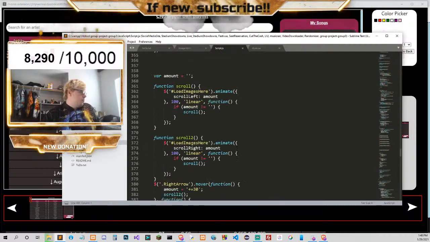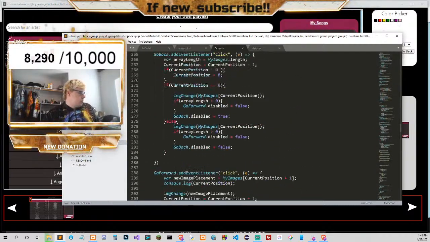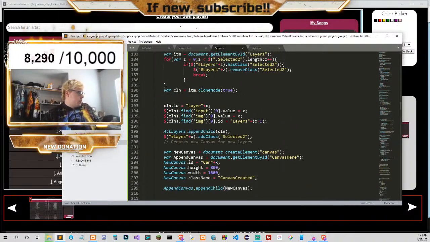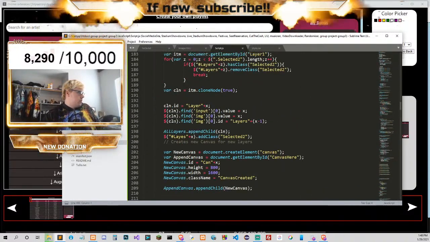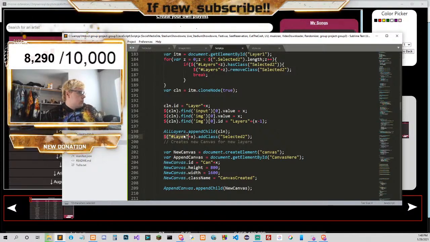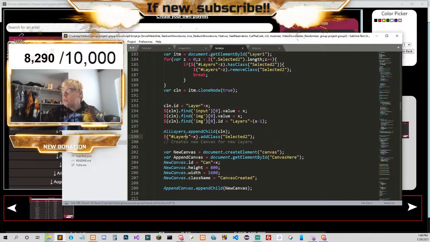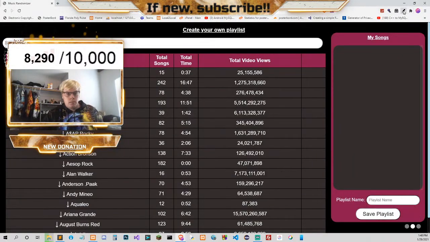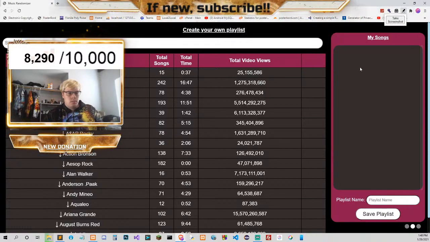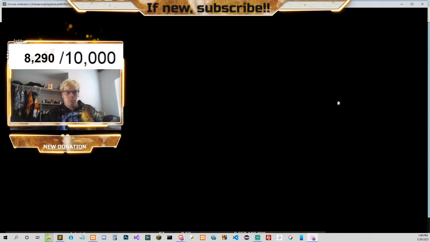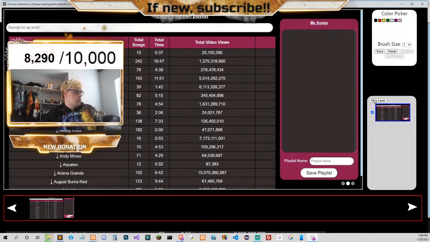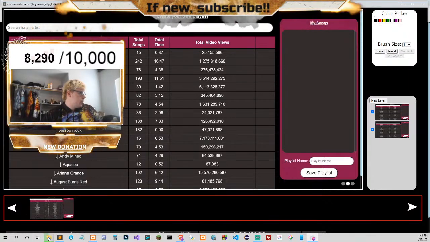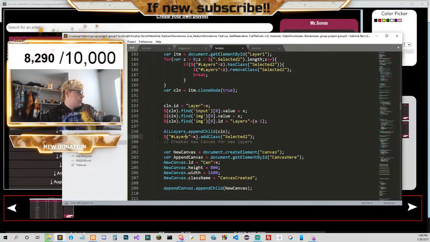Because it should have added the class name. Add, oh, I spelled it wrong. That's why. So let's try this again. Alright, so look. Oh, new layer. It doesn't add it for some reason. Layers.x.